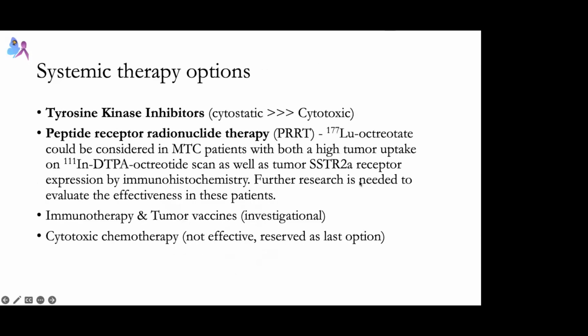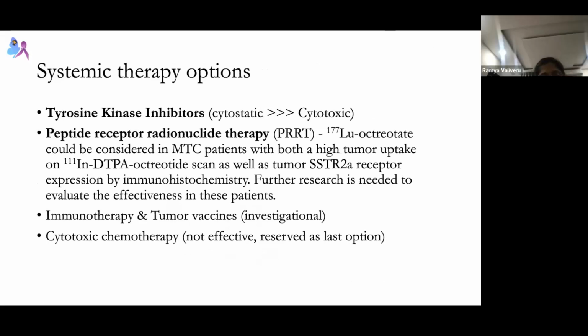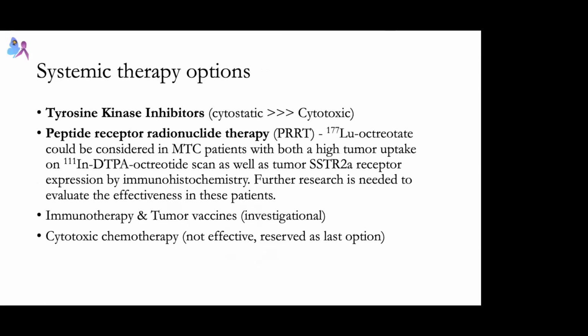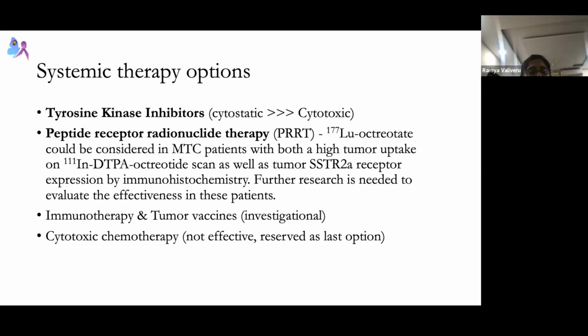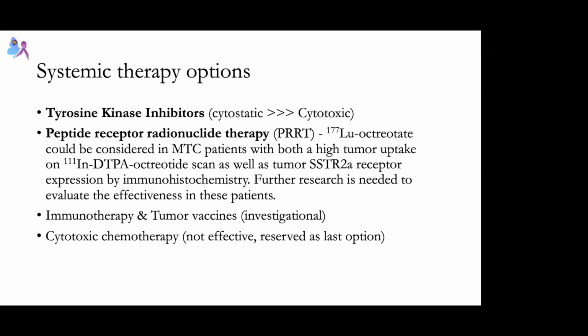Ma'am, they would be in the form of TKIs, which are most commonly cabozantinib and vandetanib. For each metastatic site, locoregional therapy can be given. And as systemic therapy, sorry, ma'am, systemic therapy, not palliative therapy. Okay, sorry, systemic therapy. And in cases where chemotherapy has been tried, but the response is not adequate, so they are very rarely given.